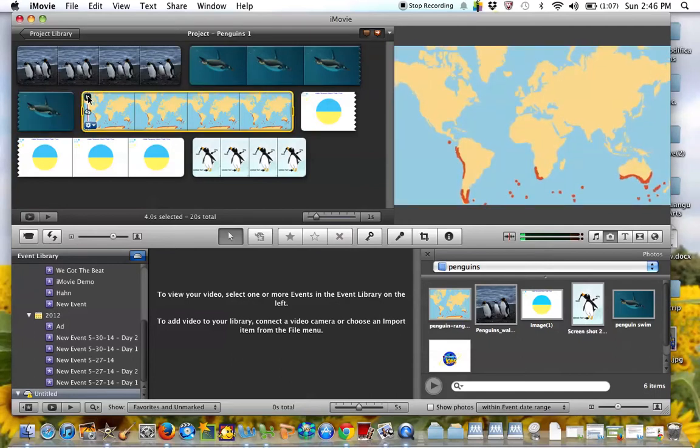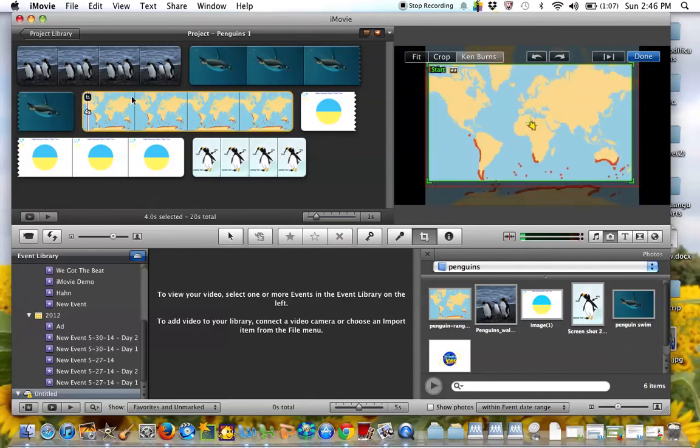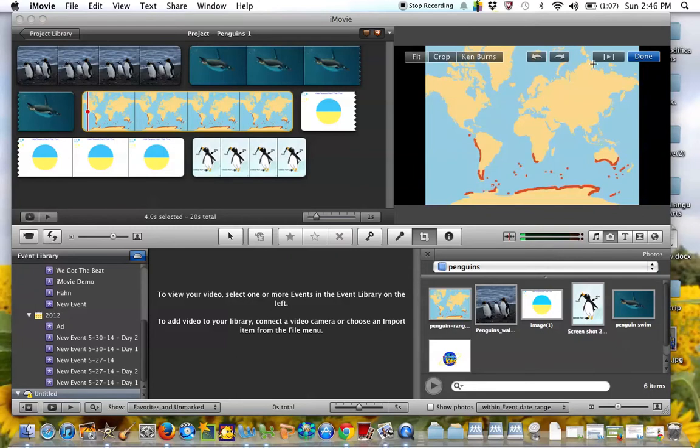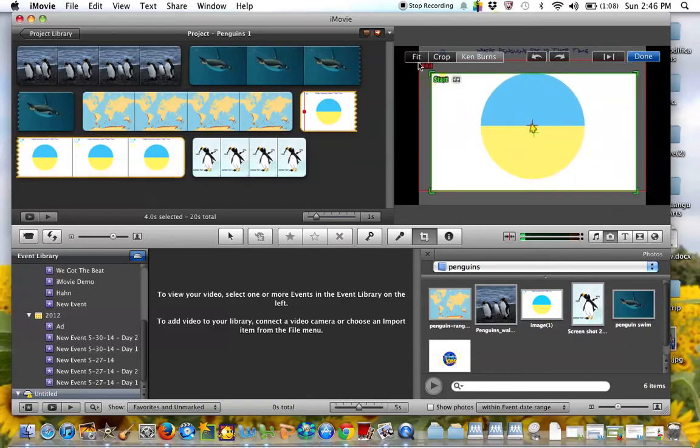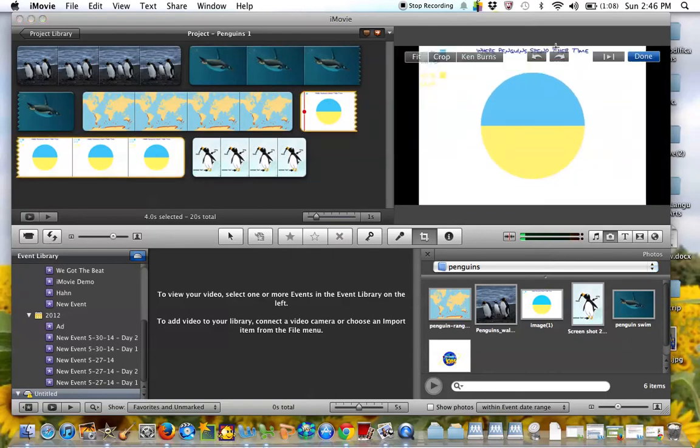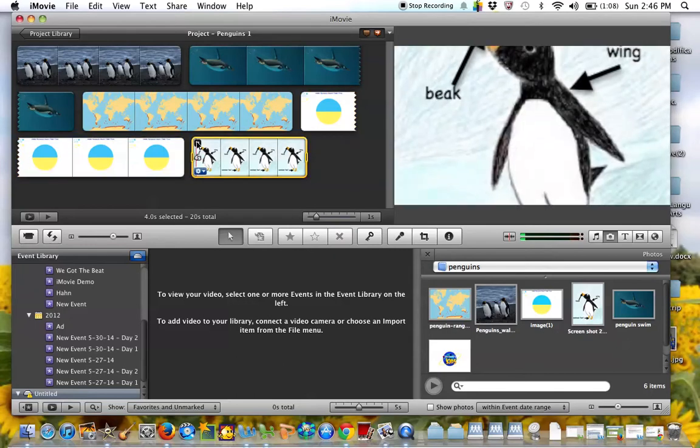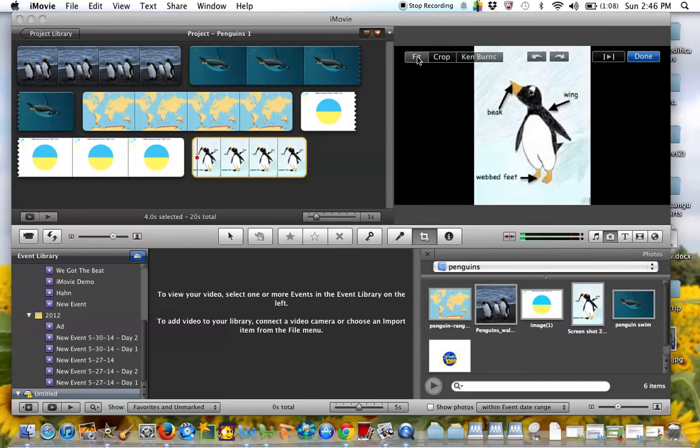Now, my map. This is a good example of a picture that you don't really want to have an effect, because otherwise you don't see this part down here where Antarctica is. So I'm just going to select fit and done. And now it stays still. Again, my diagram, I want to fit because I can't see my title. Again, another diagram, double click, and fit. Done. Okay,